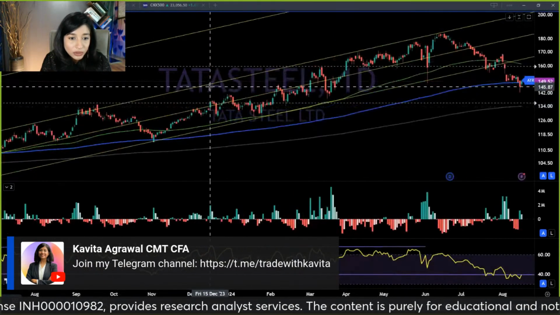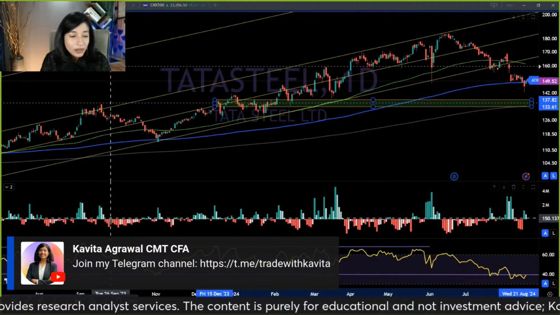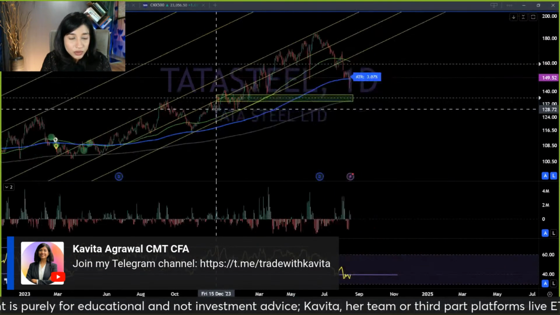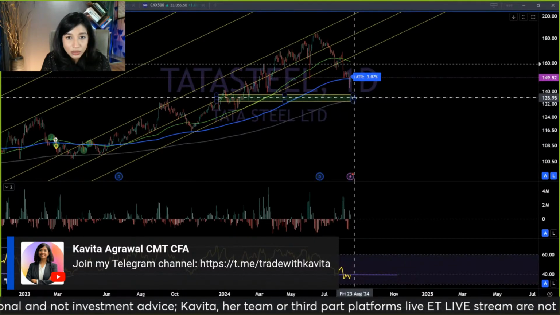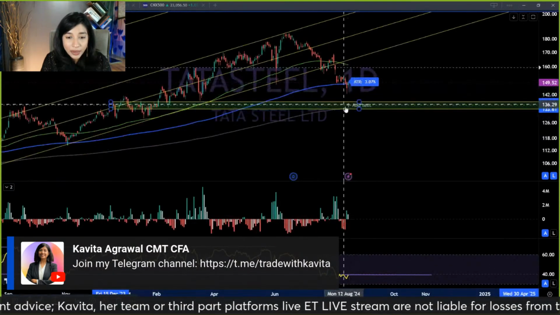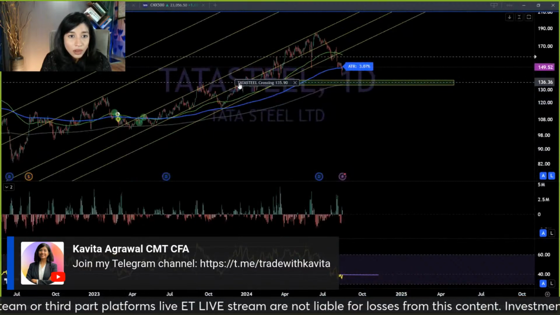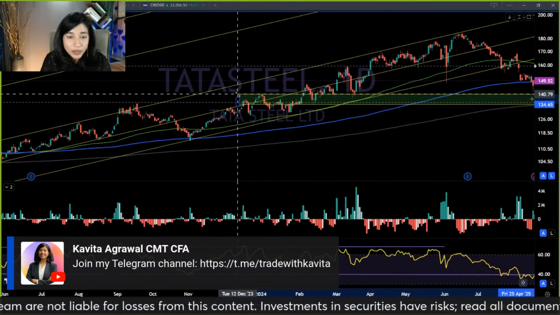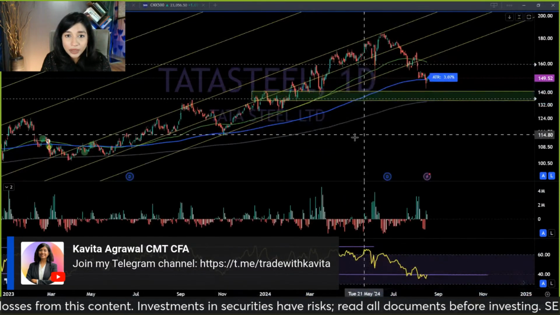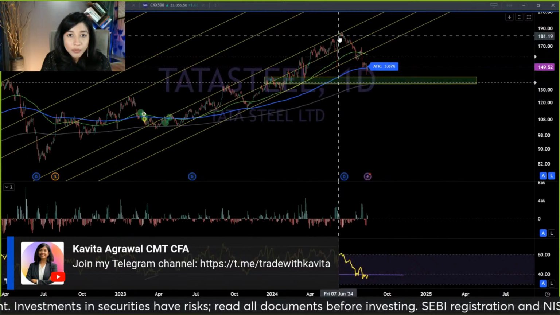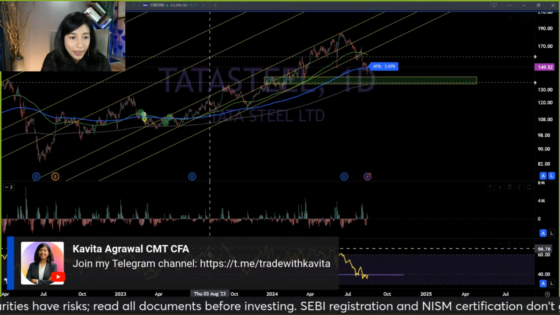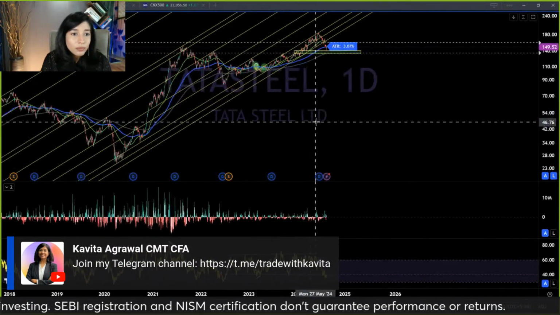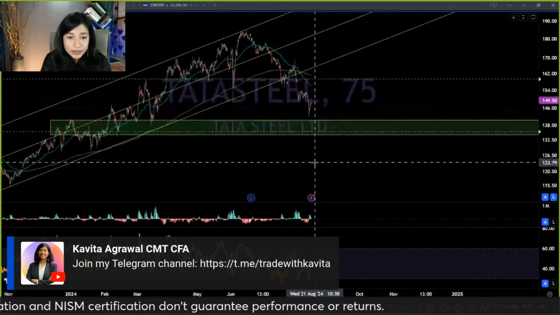So the real peak on the daily time frame was this, changing the outline color to match my time frame. So this was the real peak since this correction, and then I can see the price is very, very close to that level. So I would like to also capture the next peak because that was also pretty good, backed by pretty good momentum, right? So it acted as support once, but the price continued to go up higher. And right now, the RSI is near the bullish range support.